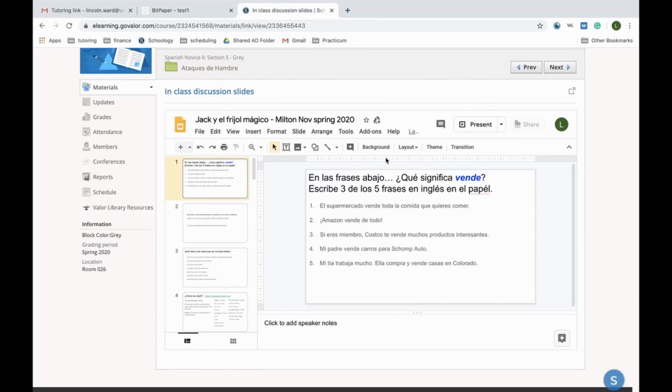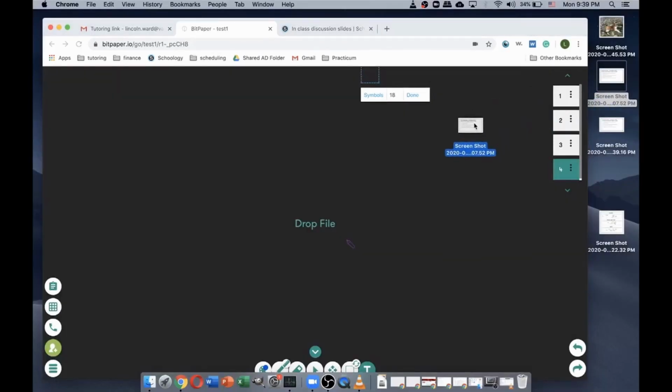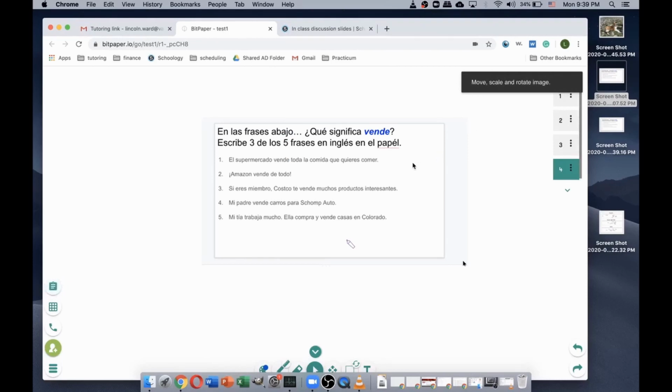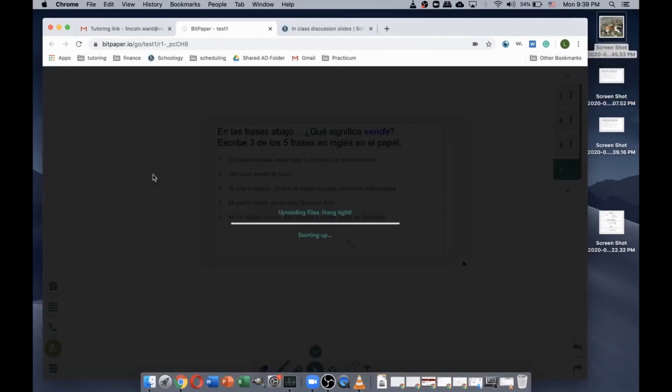So on a Mac, that's Command-Shift-4, and on Windows, you can just use the snipping tool. If I do that, now I have a picture of that slide that I can put on my desktop, and then I can just grab that file and drop it straight into Bitpaper. And you can do this with pictures, like I can drop this picture of my dog,